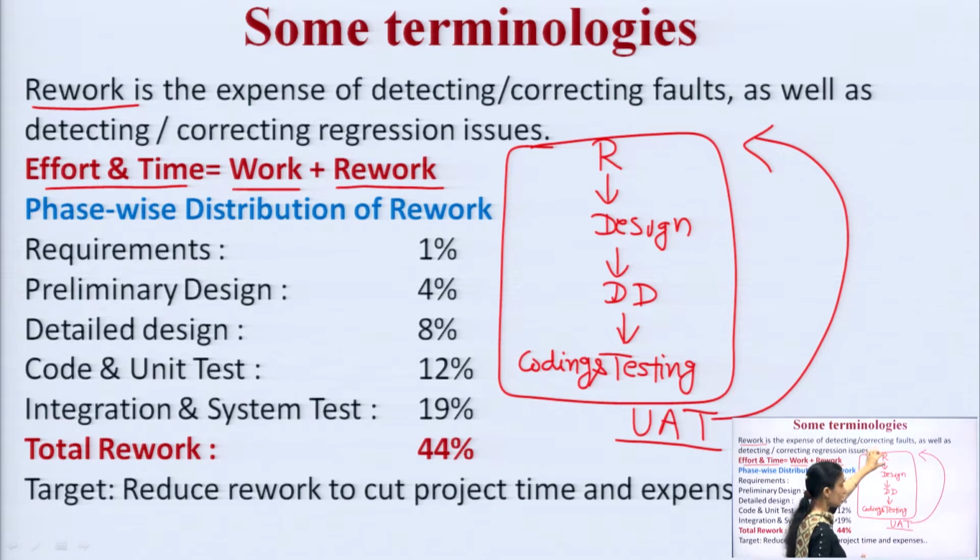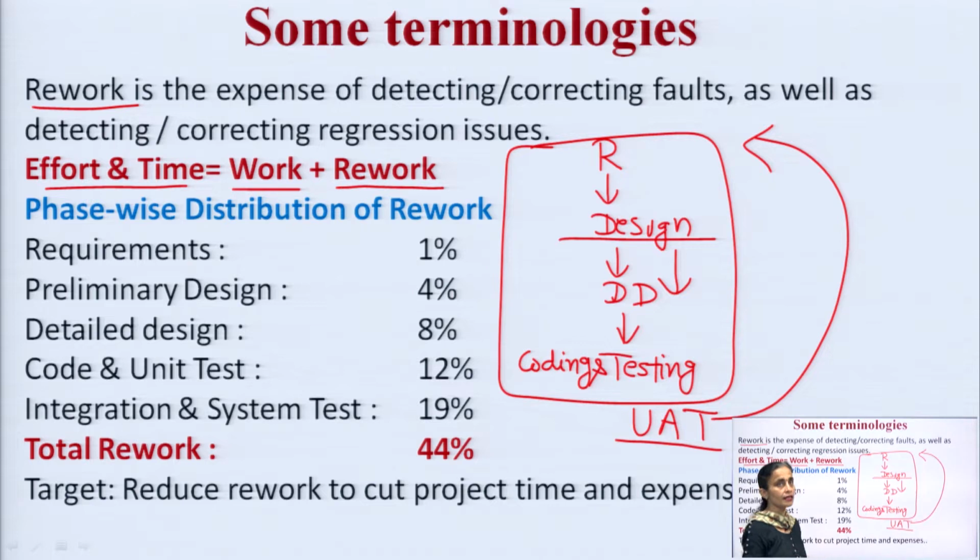As per the change in requirement, we will be dealing with a change in the preliminary design. So, if the design gets changed, the detailed design documents will also be changed. If the detailed design document is getting changed, that means there will be a change in coding that leads to further change in unit testing. So, at every phase rework will take place.